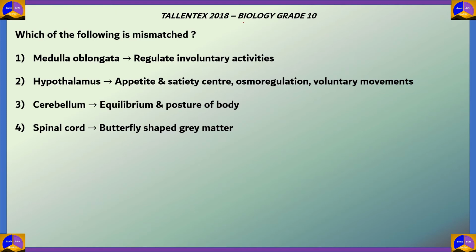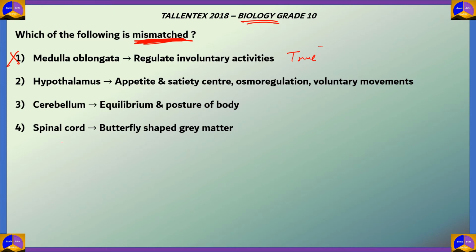Let's look at another question. This one's from biology. Which of the following is mismatched? So here we have parts of the nervous system, especially the brain, and we have functions. So option 1 says medulla oblongata regulates involuntary activities. Now this statement is true. This is correctly matched. So that makes this option incorrect. The reason being we have to find the mismatched